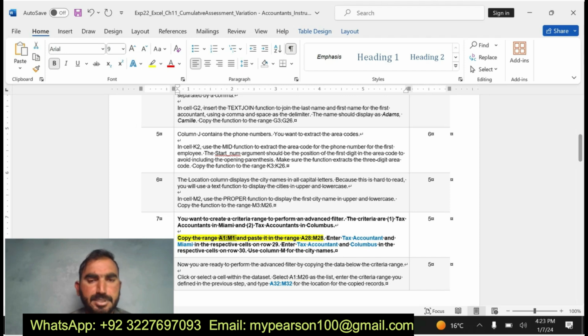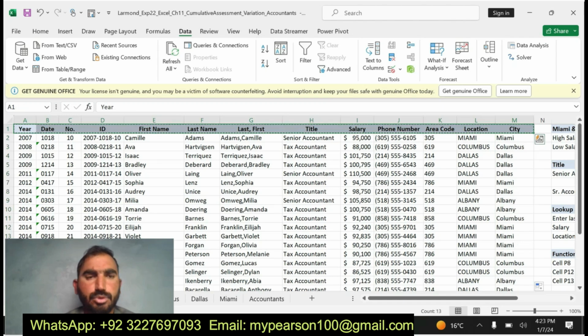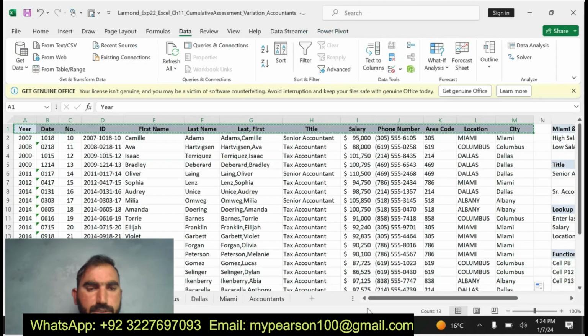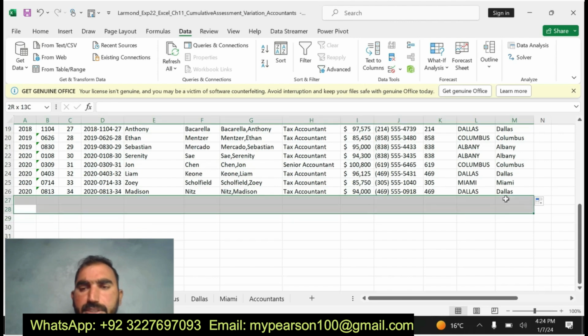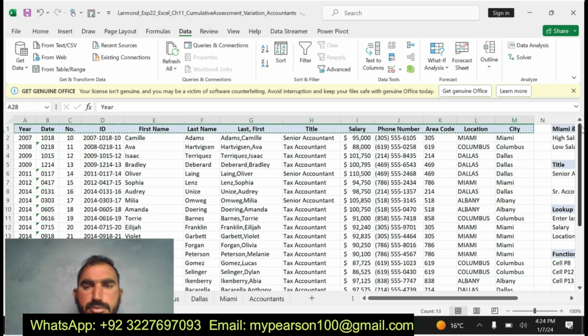Okay, you can see here. I made a copy and I'm going to paste into the cell. Okay, you can see here I'm going to do EXP22 Exit Chapter 11 Cumulative Assessment Variation Accountant. Okay, I copied and I'm going to paste according to instruction. Okay, you can see here I pasted. I have done. Press ESC to remove the copies. Okay, I have done. As you can see here, I am going to do step number 6 to complete